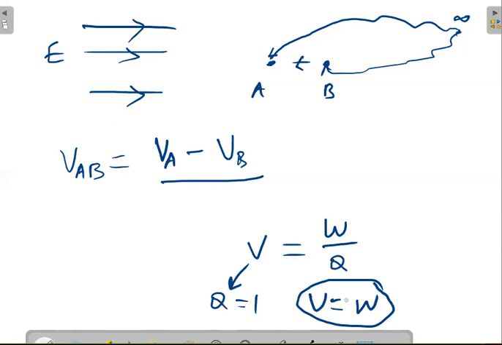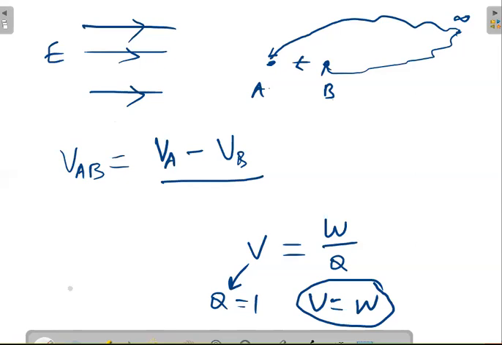So voltage, you can call it energy. If you are getting more voltage, it means more energy; less voltage, less energy. In this case, what is happening? It is a little bit tricky, because if you have to come from infinity to here, from B to A, you have to spend the energy. But what is the advantage? Already you have spent the energy. If you release that charge, what will happen? It will go in this way.